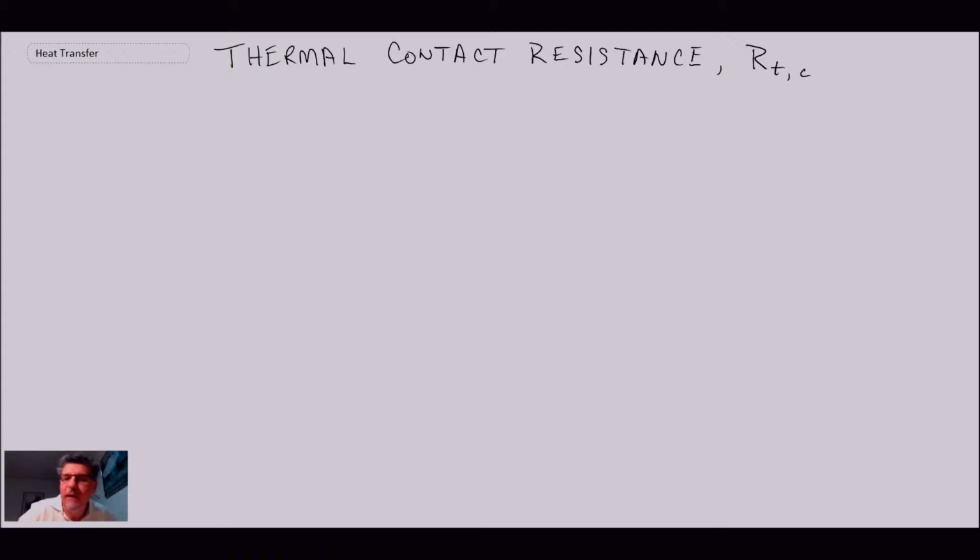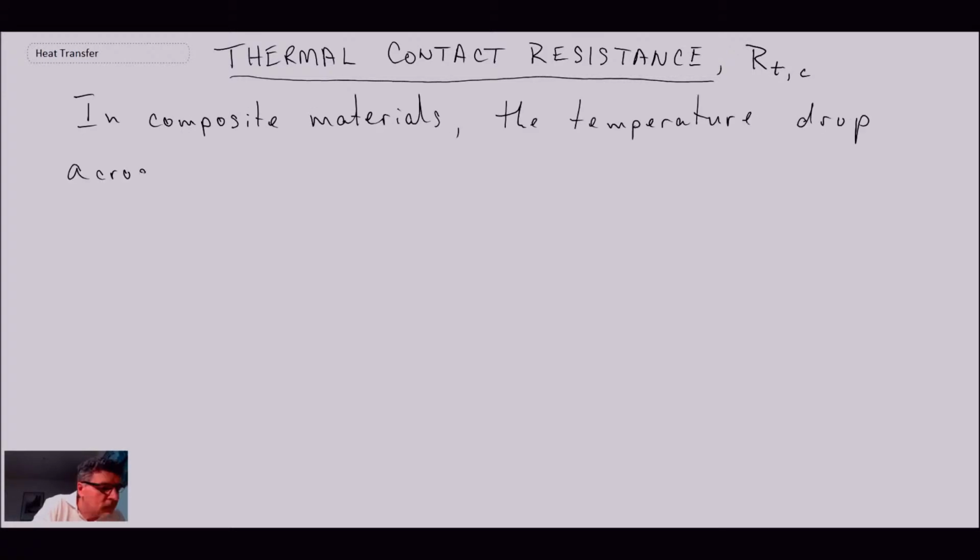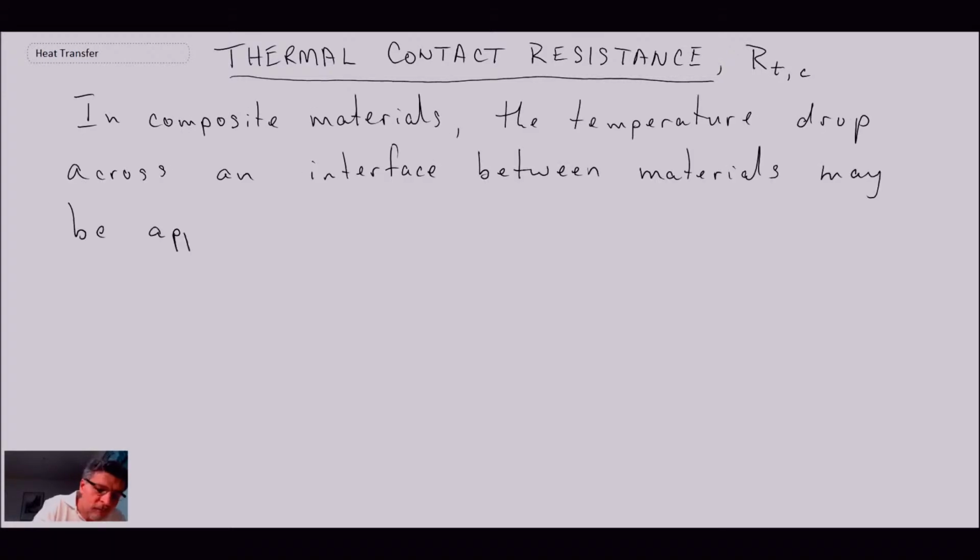And we will give the idea of the thermal contact resistance a quantified value of being R_TC to stand for thermal resistance due to contact. And so this occurs when you have two different materials that are in contact with one another. If you have two different materials in contact with one another, the temperature drop across that interface can be